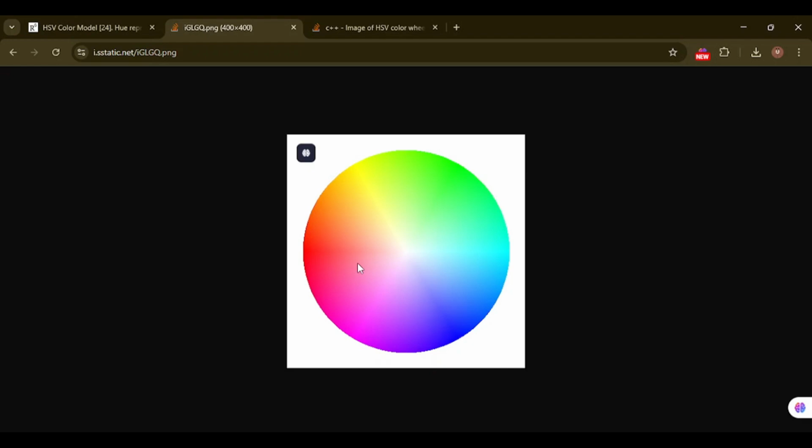Now let's talk about what if I want to create a color detector for my yellow color. Do I need a single pixel that represents the yellow color? I don't think so, because if you look closely, all this region over here represents the yellow color. It's not just one pixel.